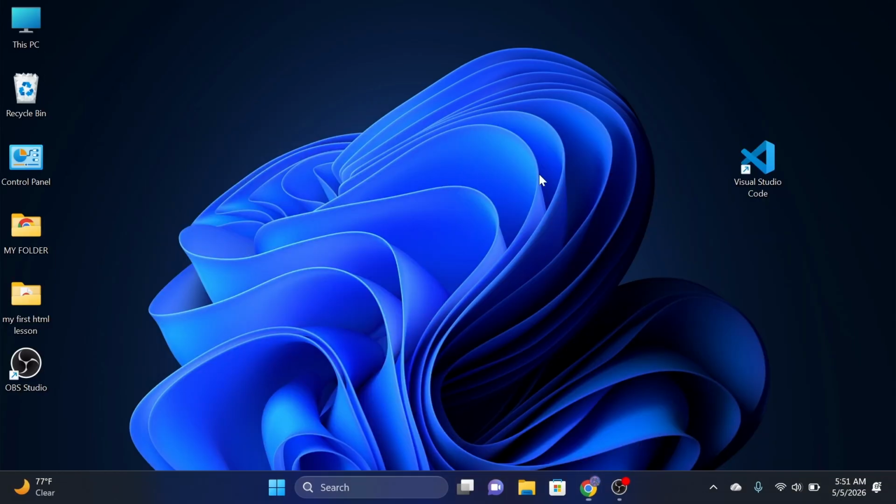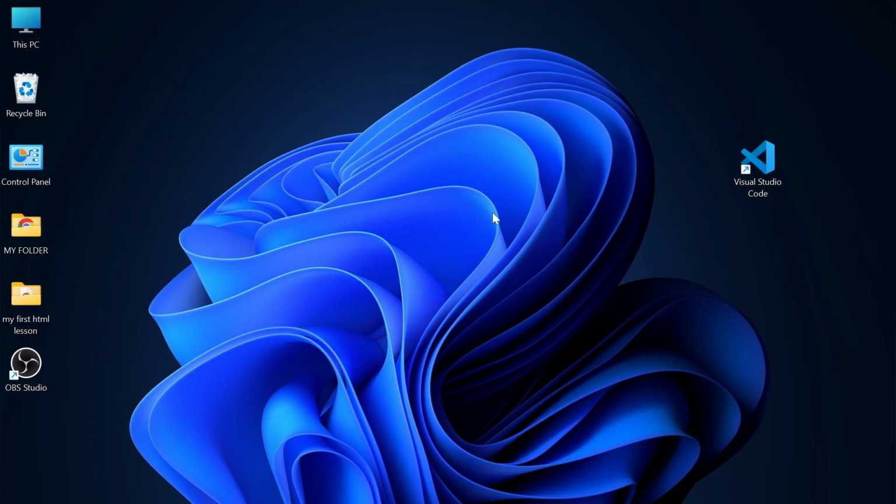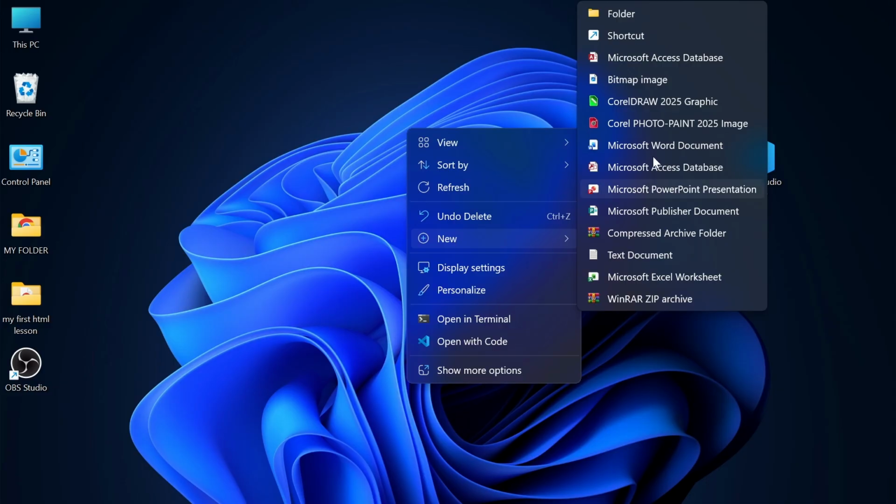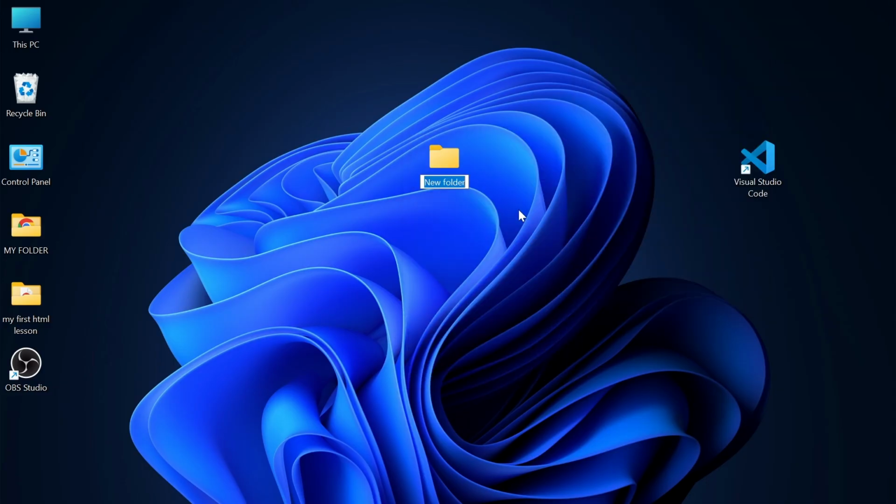So once you download it, we are going to open a folder, and everything we do will be inside this folder. Our project is going to be inside the folder. All the files you open, and the images if we are going to use any, will be inside the folder. So let's just name it my